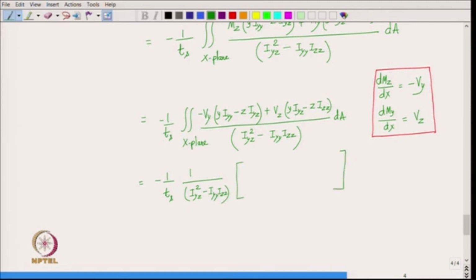You see, we have integral y dA, and what is the x plane? So, recall it is not the entire cross section, it only runs from 0 to s,